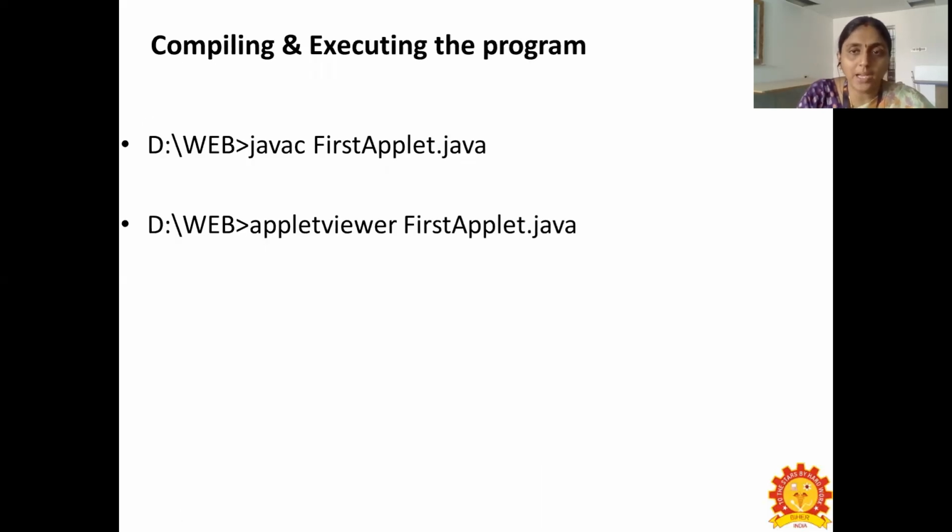So how to compile and how to execute the program. First, compiling: save your file as classname.java, and for compiling, it's the normal compilation procedure as we do for a Java program. So javac is the compiler keyword which we are going to use, followed by the filename.java. So javac FirstApplet.java.